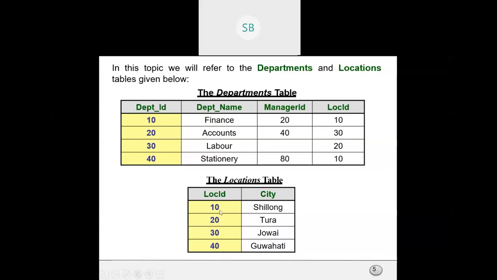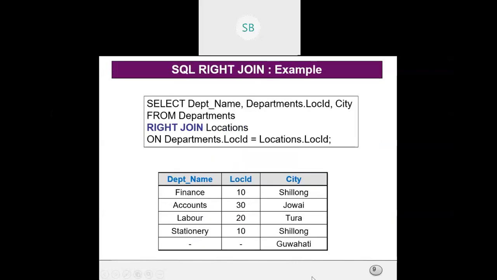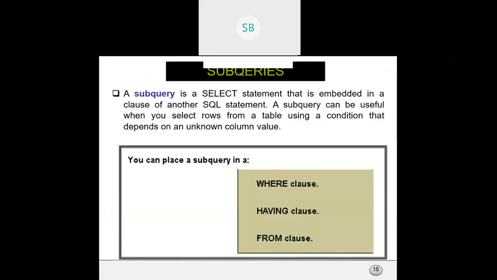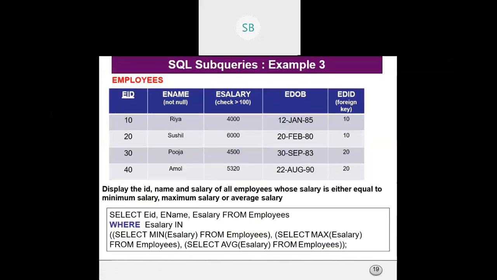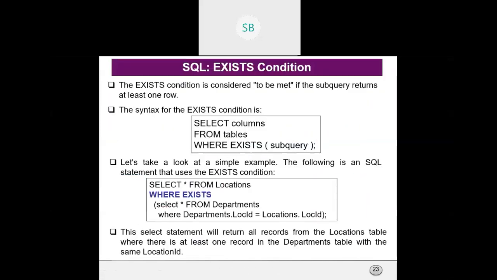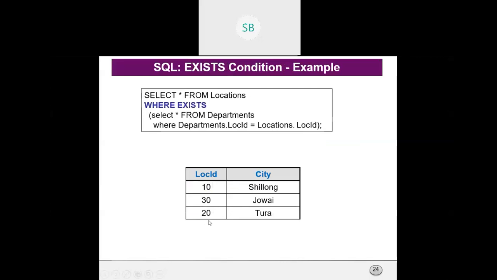The location IDs in the location table are 10, 20, 30, 40, but in the department table there is no 40. So it is printing only till July. 10 is Shillong, 20 is Tura, 30 is July. But it's not printing 40 Guwahati because there is no match. So EXISTS returns this one only. That is why this is the answer.